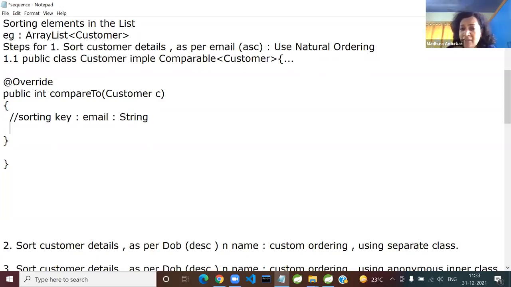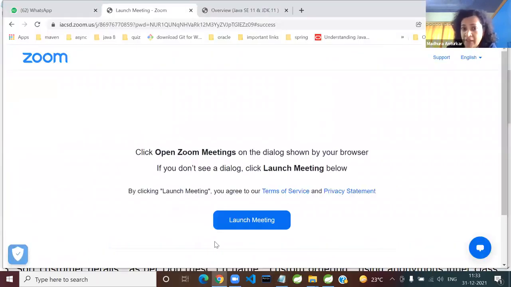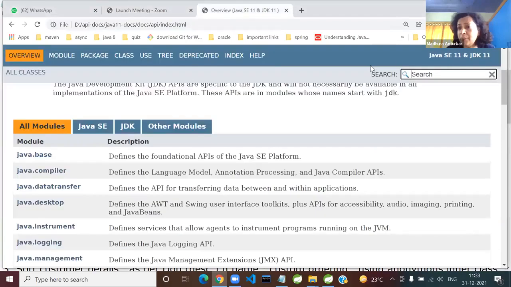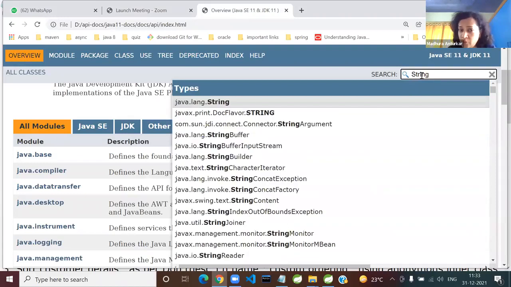Exactly, Rajnikant is right. Equals, guys, will only tell you true or false. So that is why I requested you to log in with the computer. I hope everyone has logged in with your computers. Please open the Java docs. You know, we search everything through Java docs. Open API docs. And here, if you cannot follow it, you can do it from here.